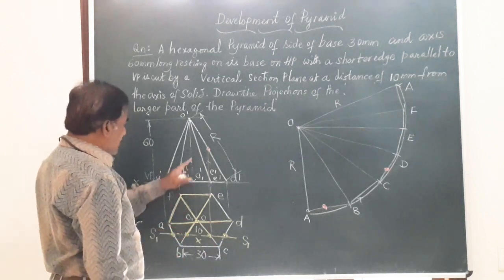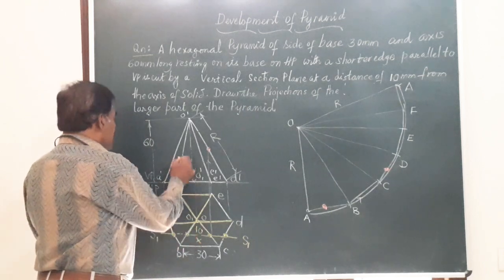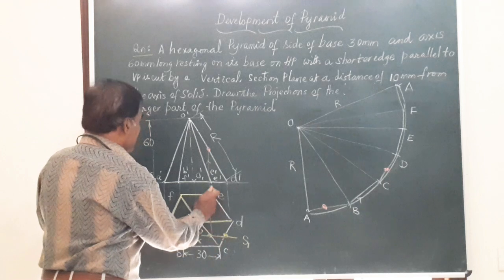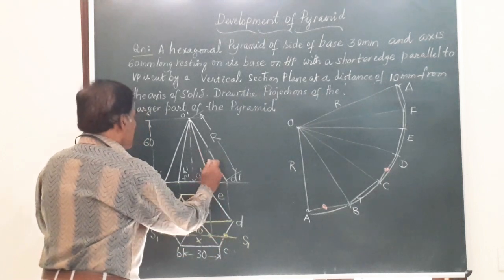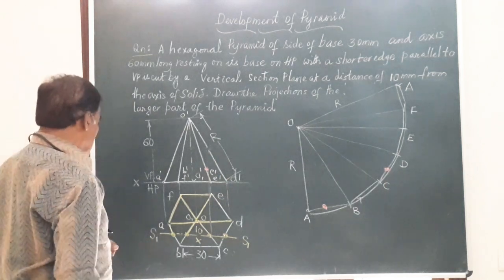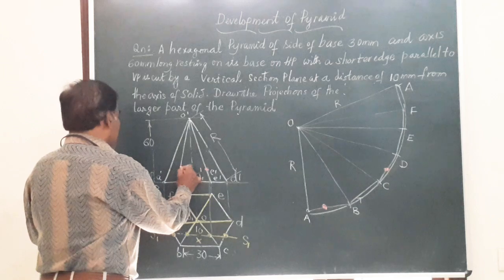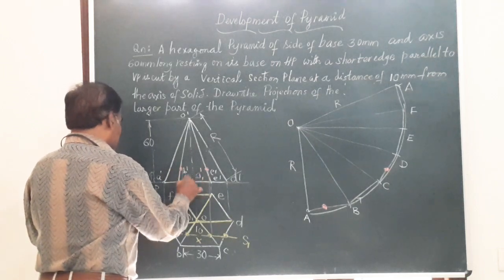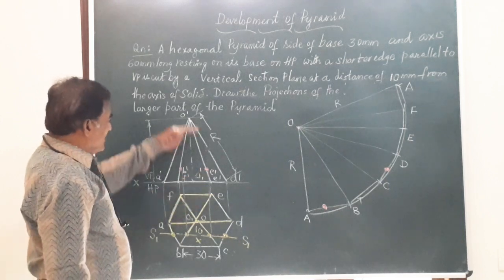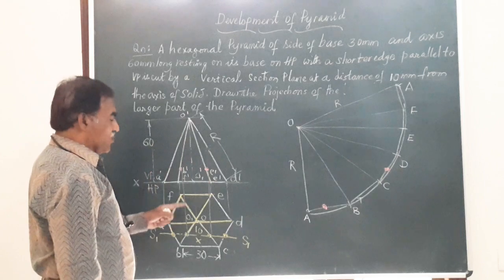Similarly, OB is also cut at the same height. So this OB is cut somewhere here. This is cutting OC. OC is here. This is the point OC. And similarly, OB is cut here, like a vertical line from there. It will be cutting at the same distance. So these are the 2 points where the section plane is cutting the slant edges OC and OB.